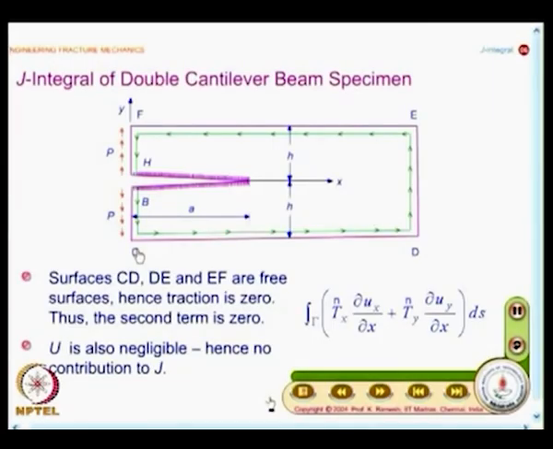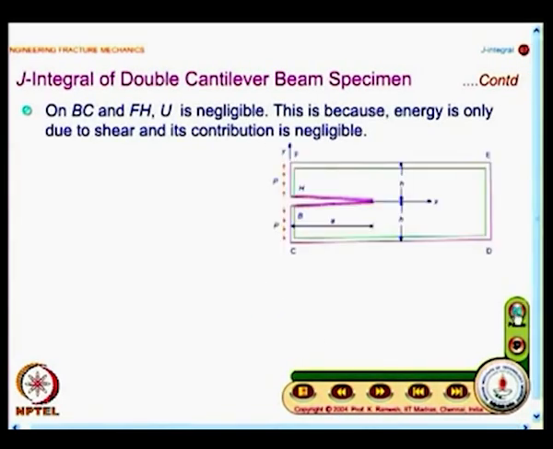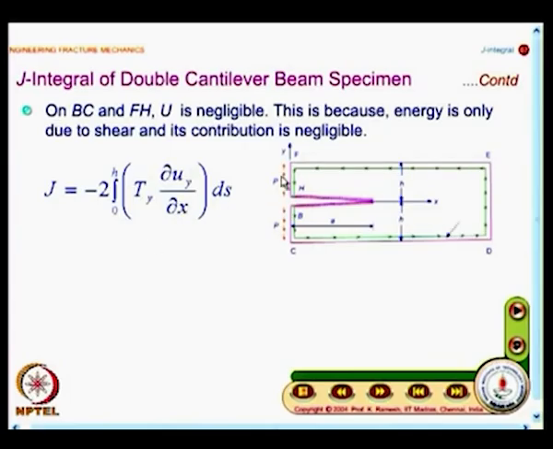When we look at the surfaces FH and BC, you have only shear. So, whatever strain energy is introduced because of shear, we would neglect it. So, we would essentially have to find out what the contribution to the J integral is through the traction term. And if you look at this surface, I do not have Tx, there is no component in the x direction, there is only a component in the y direction. So, even this traction term reduces to only Ty ∂uy/∂x,